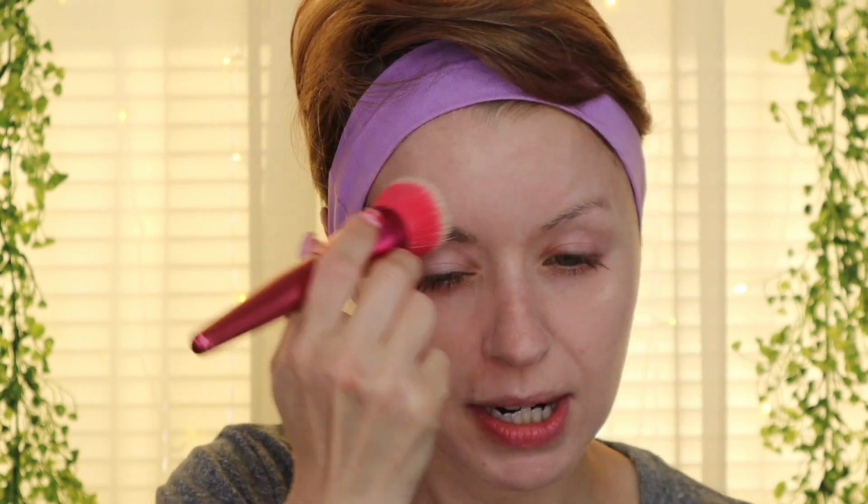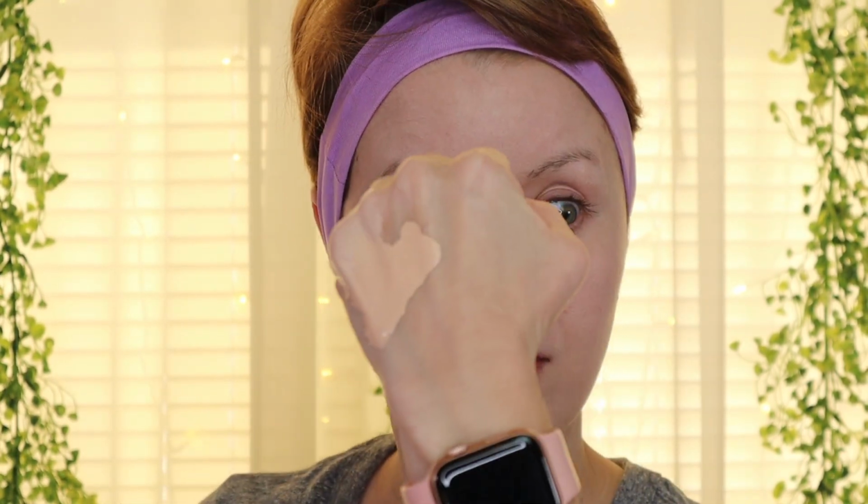And I'm using very little. That's the thing about using this type of a brush. It picks up very little product, but it spreads it out really nicely on the skin. I'm not too sure if you can still purchase this brush. You might on the e.l.f. website, but maybe some of you have it because I know it was a very popular collection. So you can see it's definitely a light coverage, but I think I'm going to stop here. I still have quite a bit on the back of my hand, but I'm going to go in now with